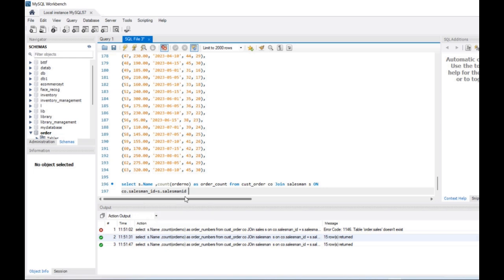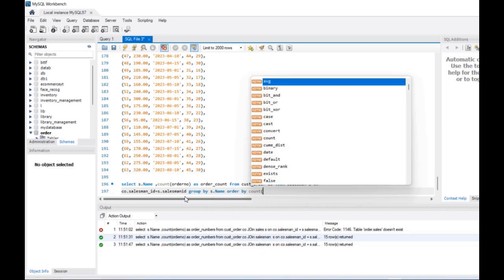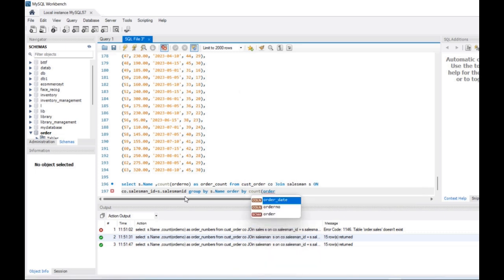We have to use the aggregate function count, for which we will use group by s.name. We need the order in which the count is made, so we will write order by count of order number in descending order. So when we run this query,